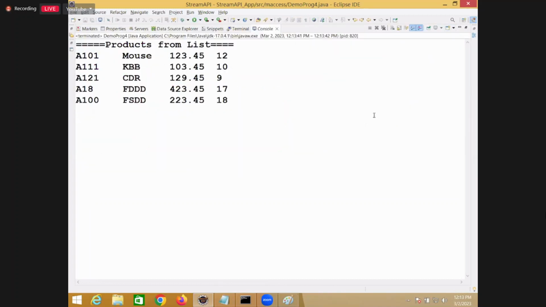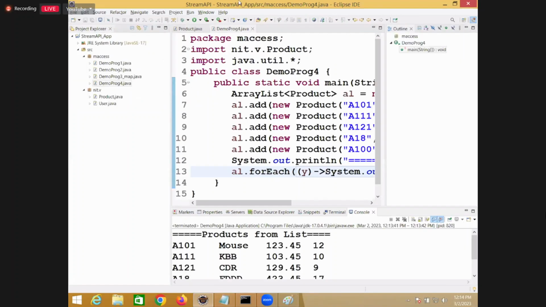Now these are the products. So instead of a single value, I accommodated five products, and now on these products